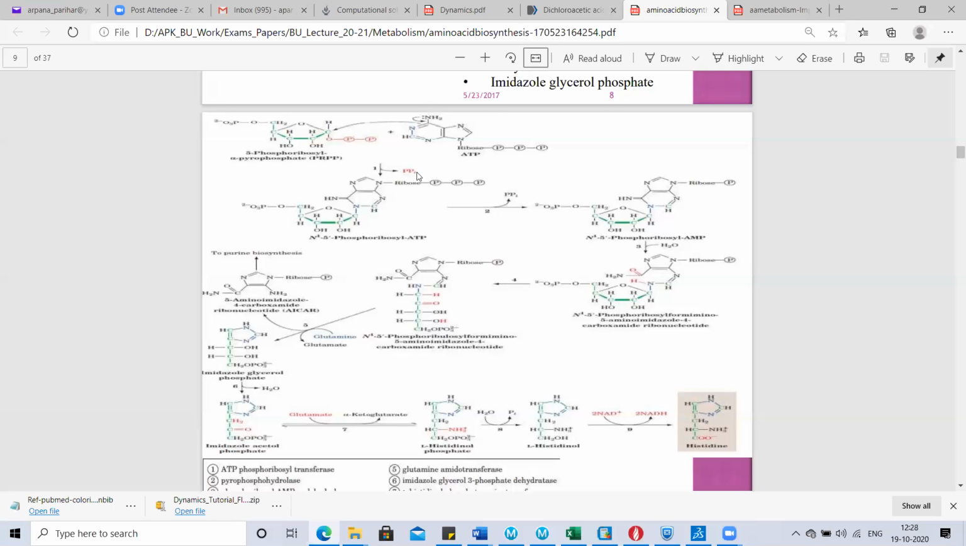PRPP, actually, this is the structure of 5-phosphoribosyl pyrophosphate, where you can see this is the ribose unit. Here one phosphate group is attached at this carbon and two phosphate groups are attached at this carbon. Okay, and this interacts with ATP and forms